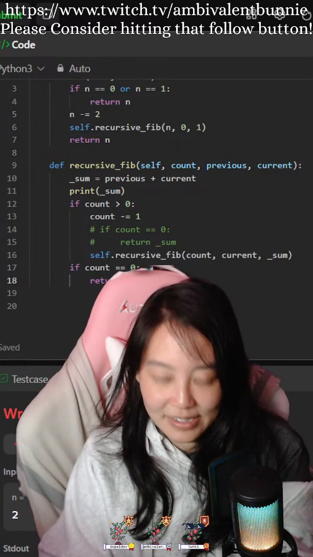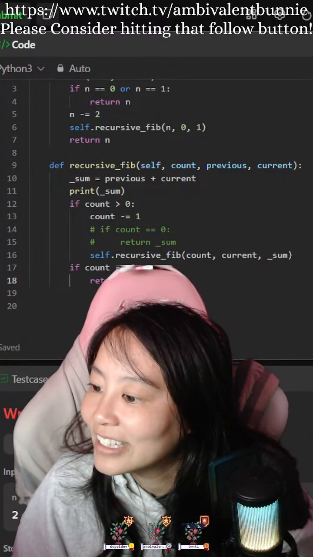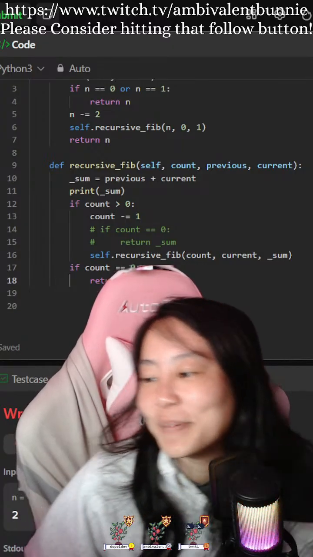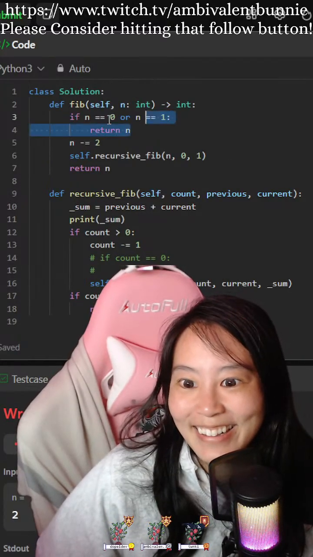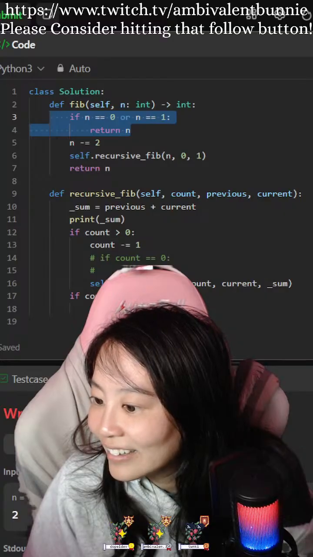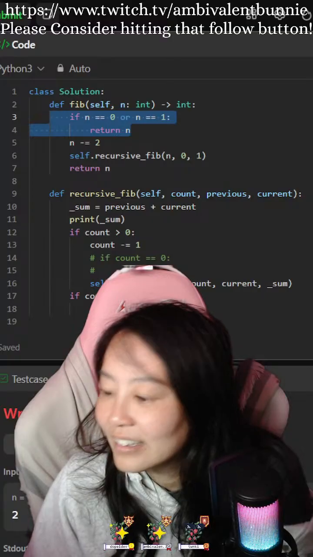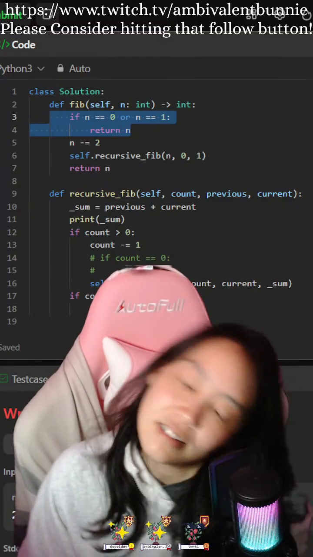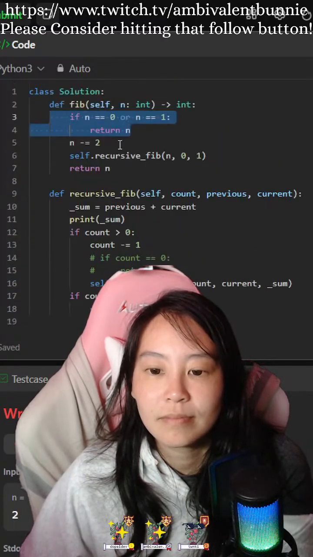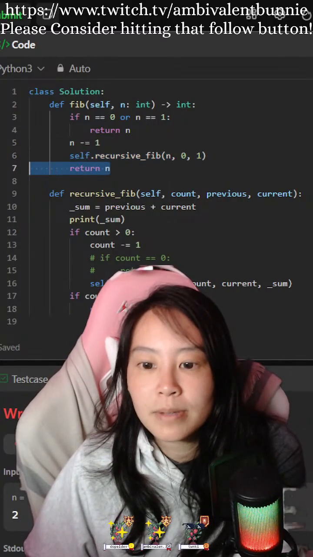Return sum. Okay. Sorry, Turing. Okay. I should just switch to a for loop. Fib 0 and Fib 1 look great. I know, right? Got it right there. If there's something that said and N is... No, this should be 1. This should be 1. And then this should be...